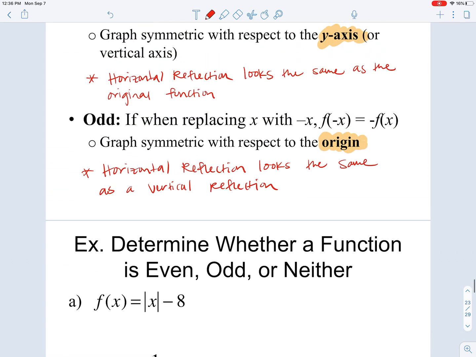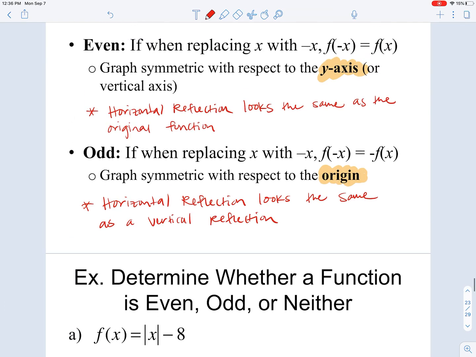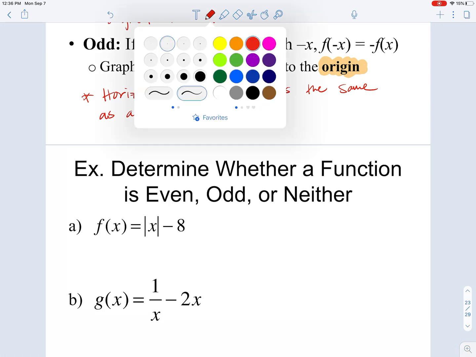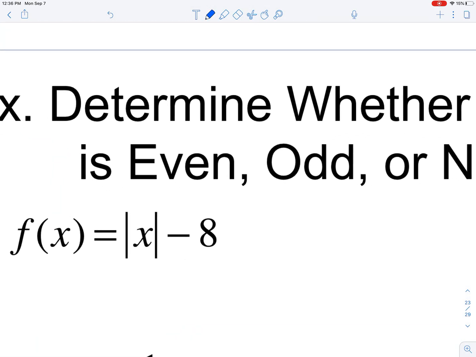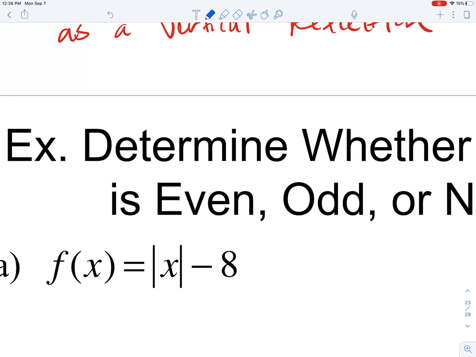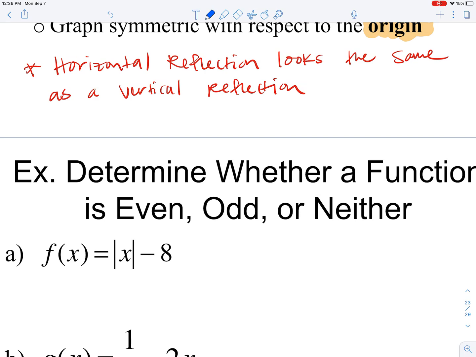So let's actually determine, and a function can be neither even nor odd, meaning a function cannot have symmetry about the y-axis and not have symmetry about the origin. That happens. Let me choose another color. Let's use blue again. Okay, so if we want to determine whether or not f of x equals the absolute value of x minus 8 is even or odd,